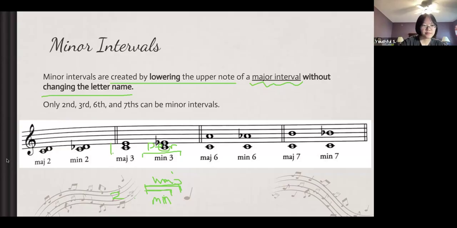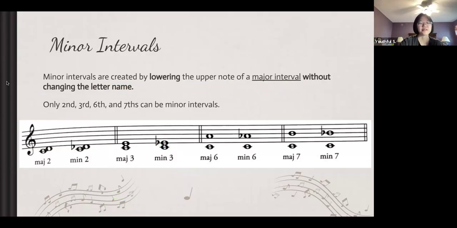Okay, so this slide tells you that you can get minor intervals by making a major interval slightly smaller. This is why I said major intervals are larger than minor intervals. The only way you can get a minor interval is by making a major one smaller. You do that by adding a flat to the top note. So all of these are adding flats. And then another way is